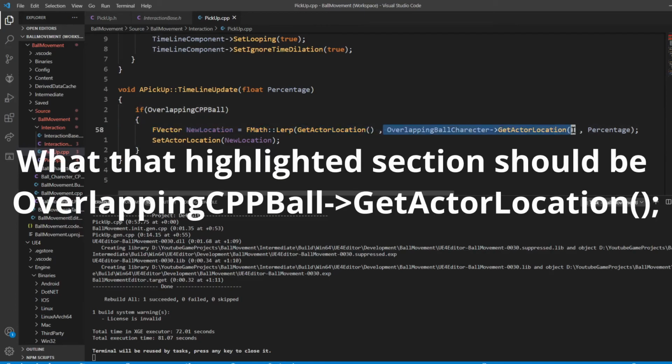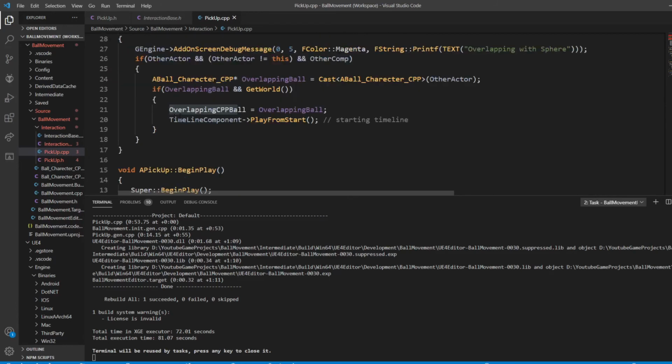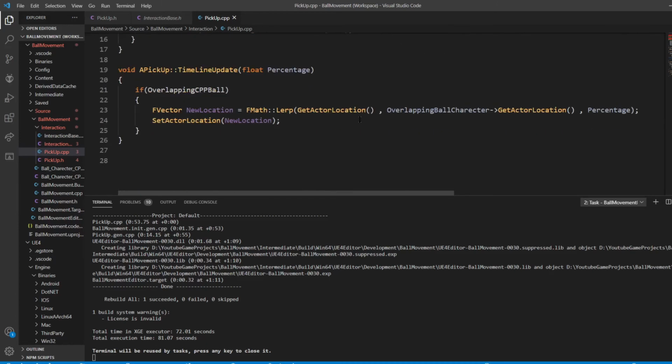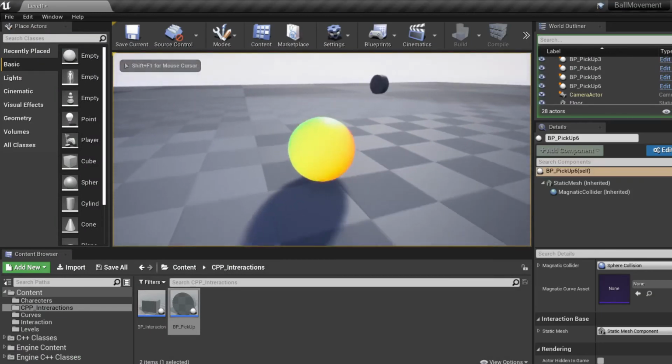here. So this wouldn't be null anymore, because once it's able to be casted, we're like, okay, cast it, then store a reference to it so that we can call it into the Lerp function in here. Okay, so it was able to compile it. So we have our ball, then hopefully